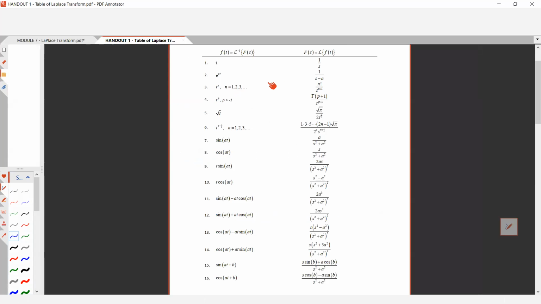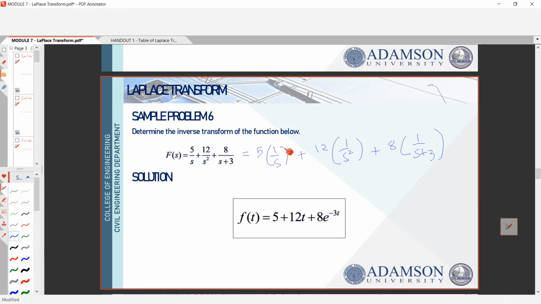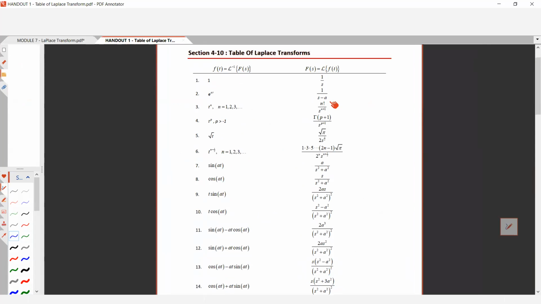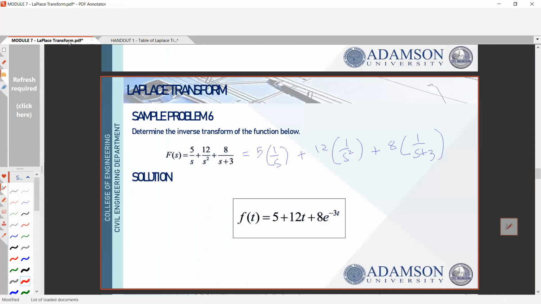Okay, so hanapin natin. So unang term, 1 over s. May 1 over s ba dito? May more recognizable term ba dito? Ayun, this one. Tama, di ba? This one is 1 over s. Ayan. Therefore, this is equivalent to 1. Okay? So therefore, taking the inverse of 1 over s, inverse Laplace of 1 over s is equals to,